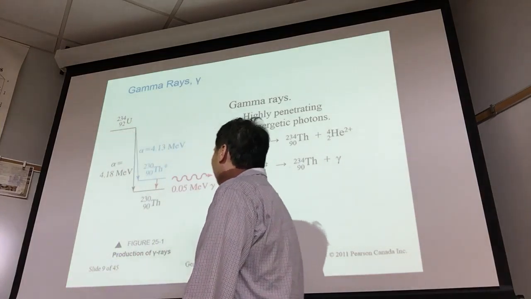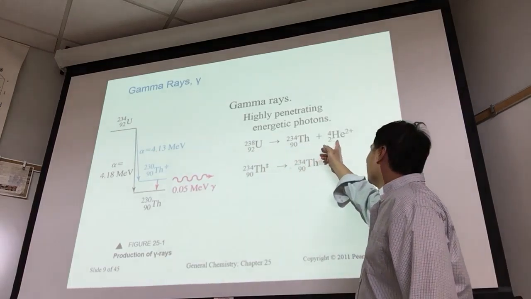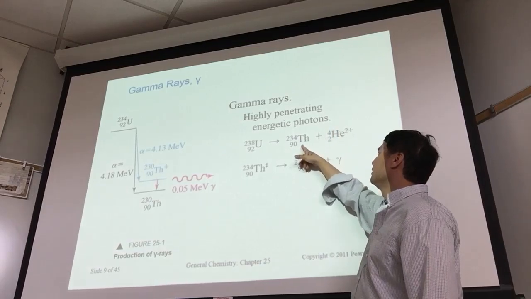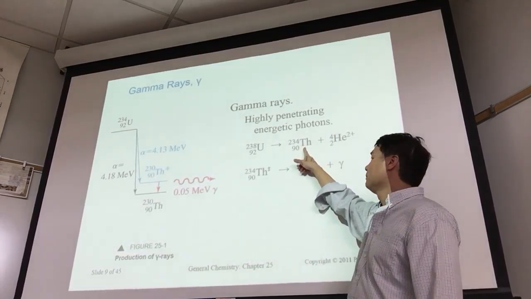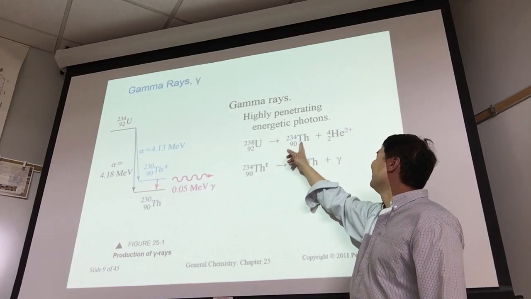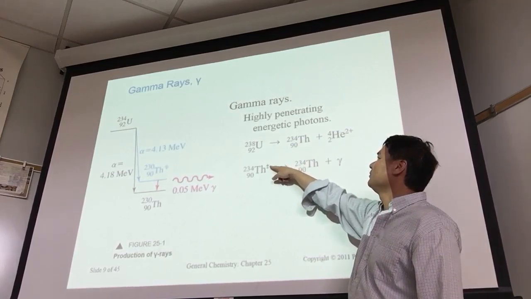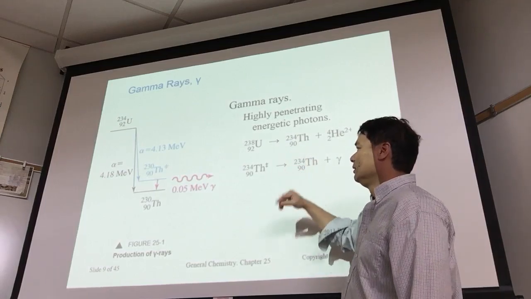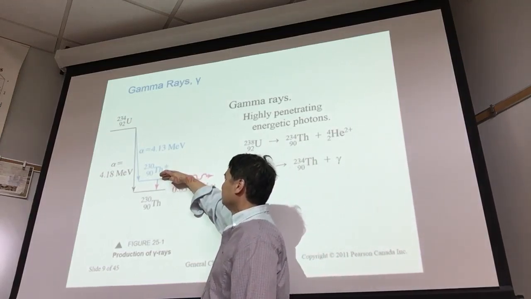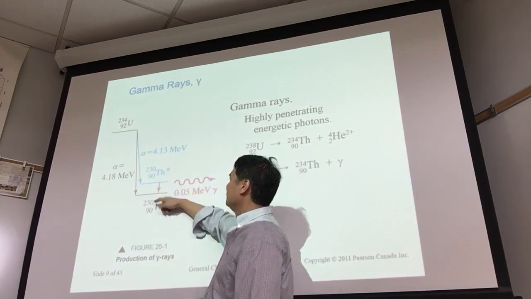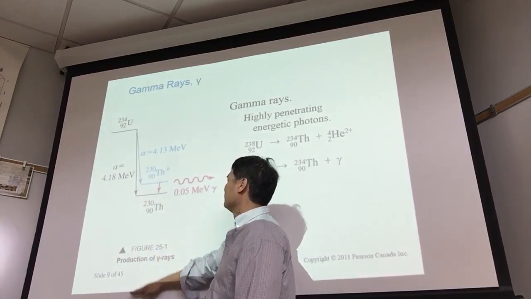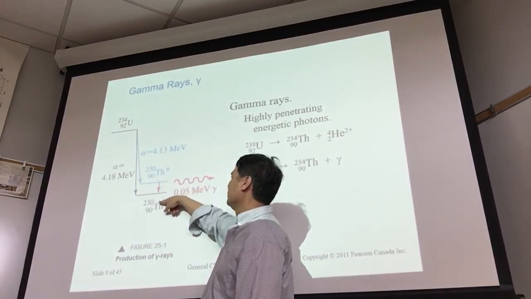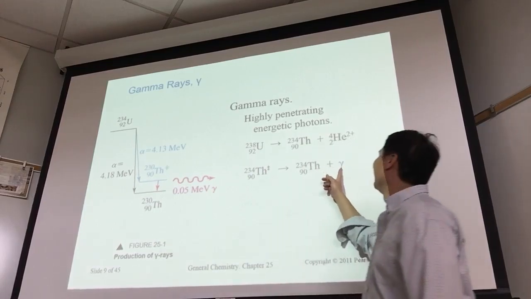Well, this is why, getting back to Scott's question, if we could shield ourselves from the alpha particle, fine. But unfortunately, thorium is radioactive too. And in the next step, thorium comes out as an excited state. Whenever you see this double dagger, it just means it's excited. And it can't stay there forever. It's going to drop down to its ground state. Even though this is still unstable, it can drop further down. But in the process of going from this excited state down to this ground state, it's going to emit a